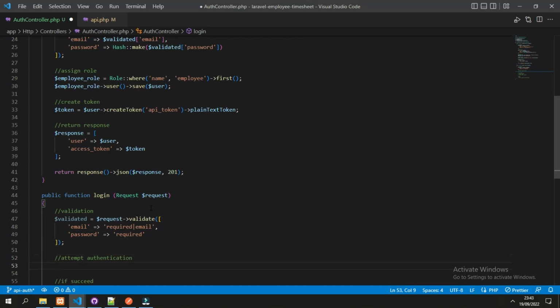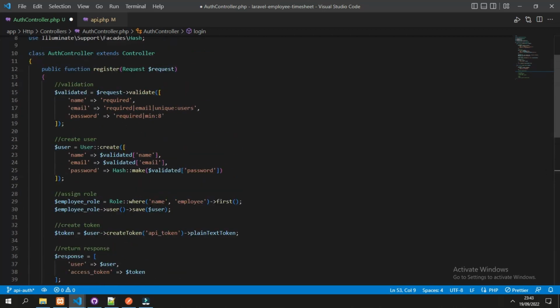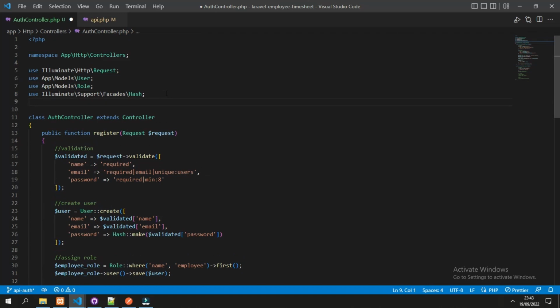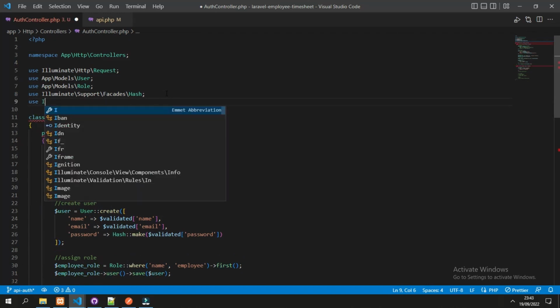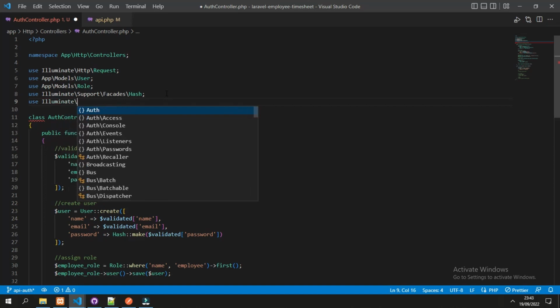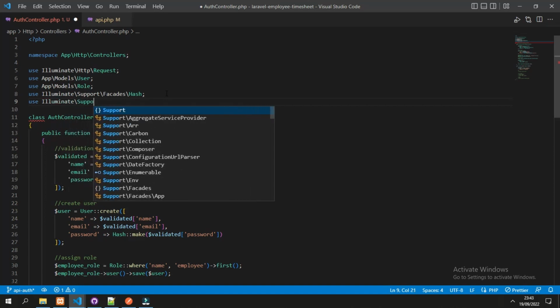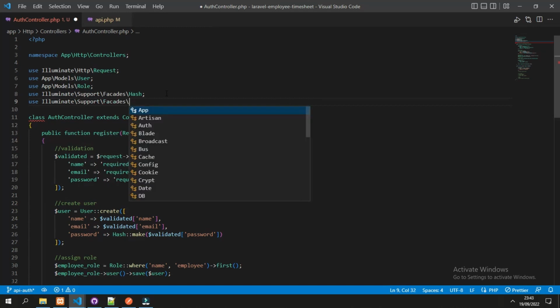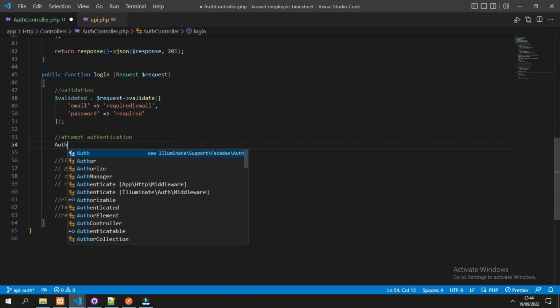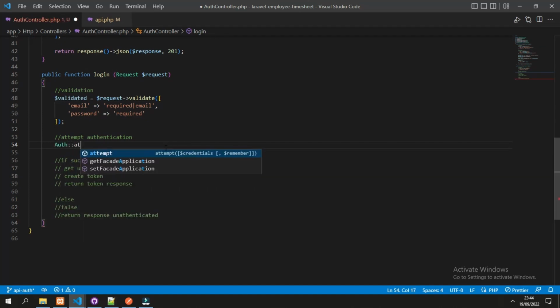To do the attempt authentication, we will import a library, the Auth library. We can import it right now. Illuminate, Support, Facades, and Auth. This would be the method Auth attempt.